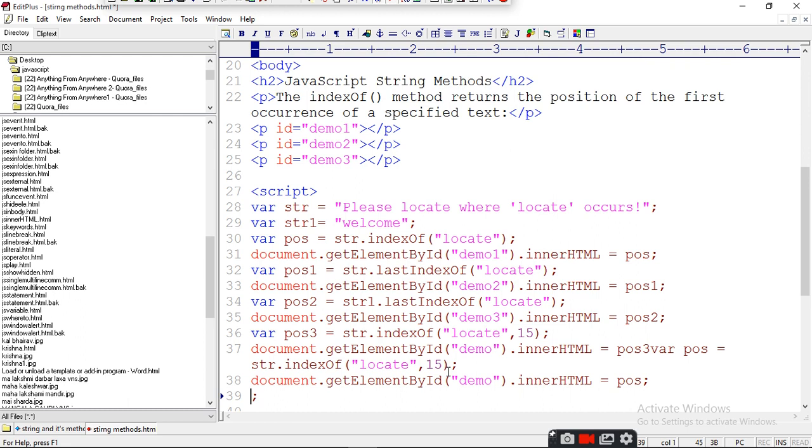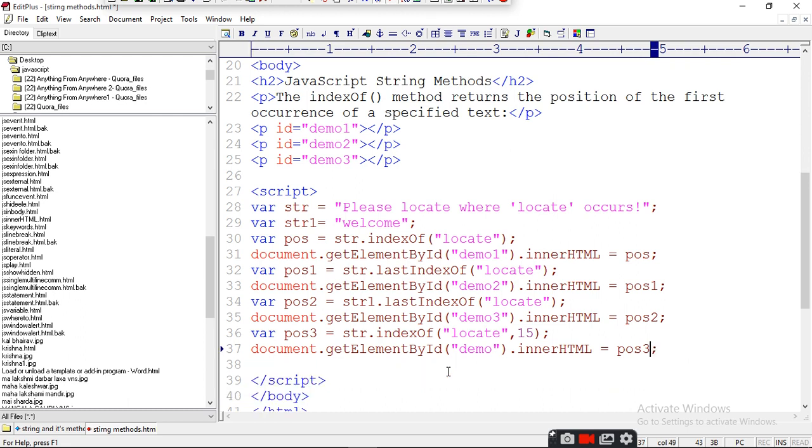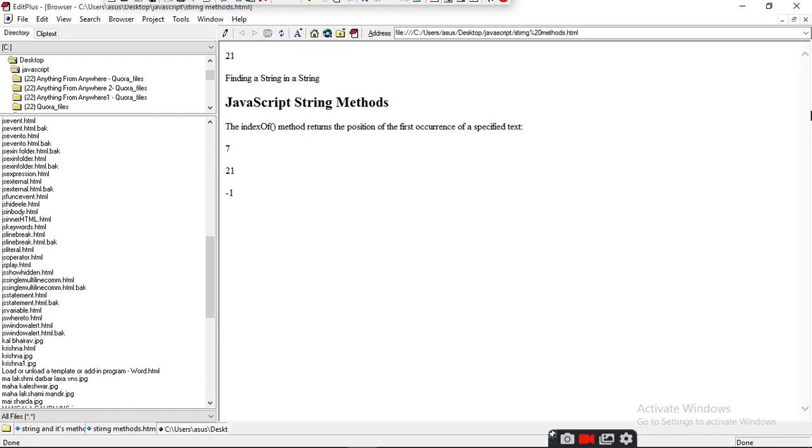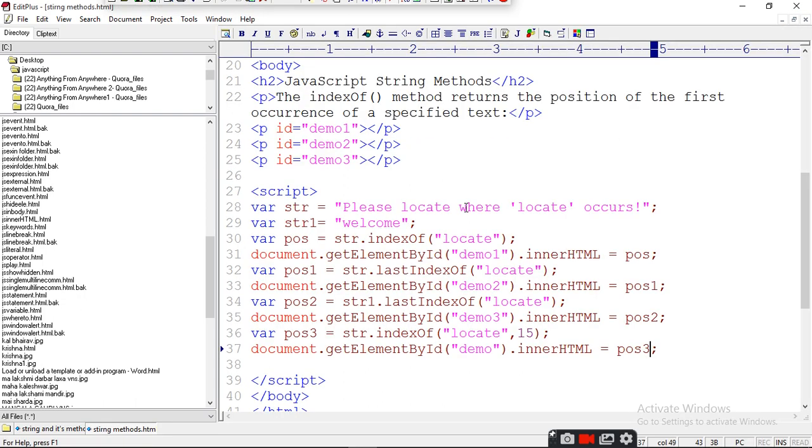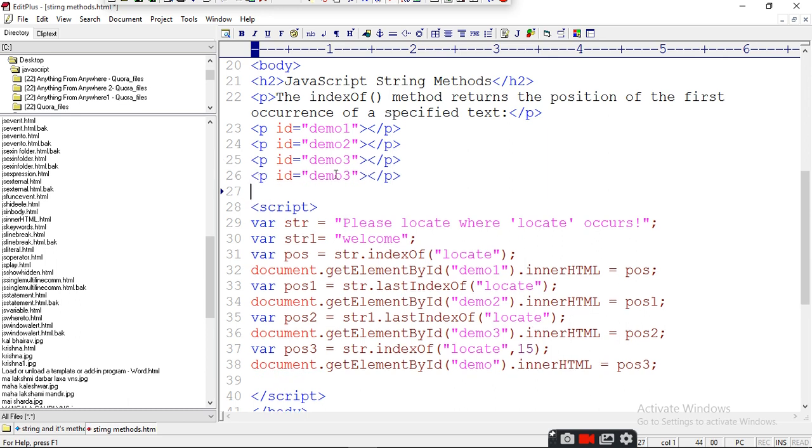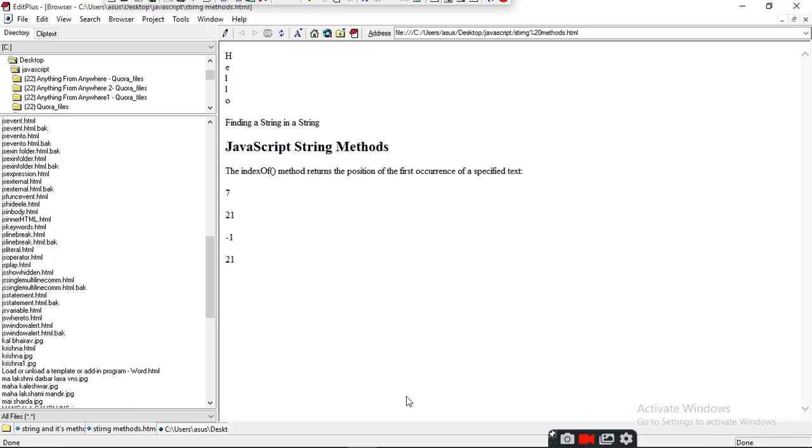Now it will give you a... I forgot to write this. Control V, make it 4. Now it will give you position 21.